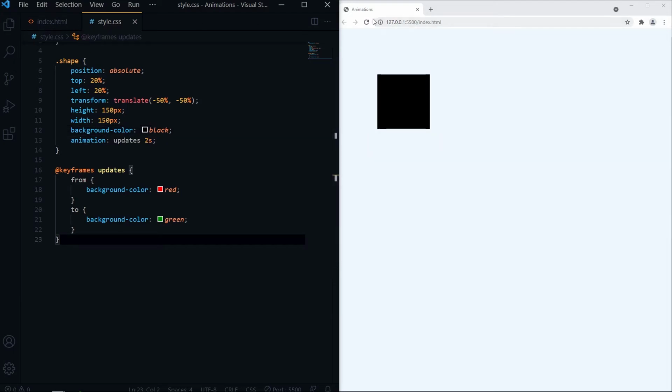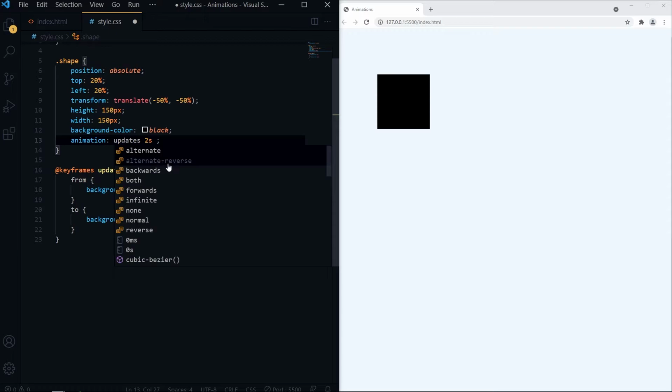You can see that when the animation completes, it changes back to the default state, that's background color black in this case. We can give animation fill modes and directions: alternate, reverse, backwards, both, forwards, infinite, none, normal, reverse.